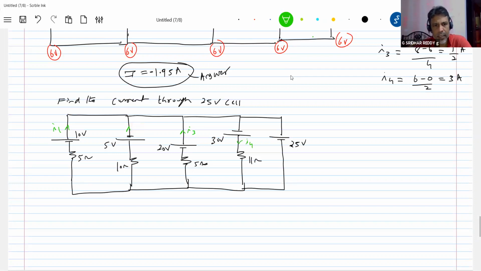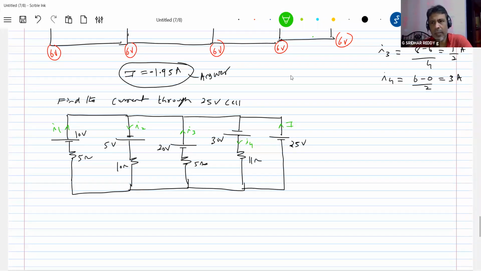Any direction we can assume. So why do you assume? I am not sure in what arbitrary way I assume. So can I assume the current in all the branches in the same direction? Yes, it is. Solve it. If you get a negative, you need to replace it. Let the current through this be I.